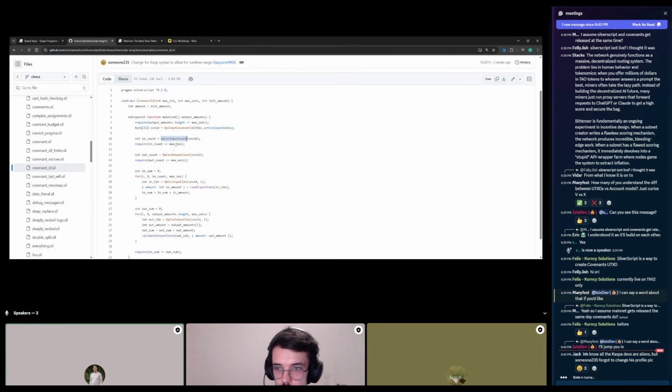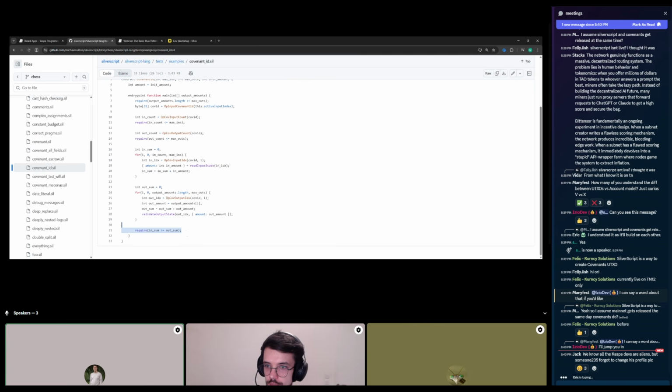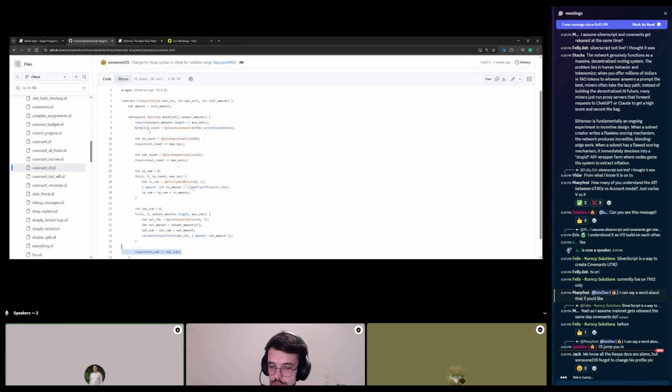You write it in a way such that it makes sure that every UTXO which has a specific covenant ID also follows the rules of that covenant. So here we read the input count, the output count, and for each of the inputs and outputs, we sum and verify the value preservation. So that's a basic example of Silverscript and a covenant.